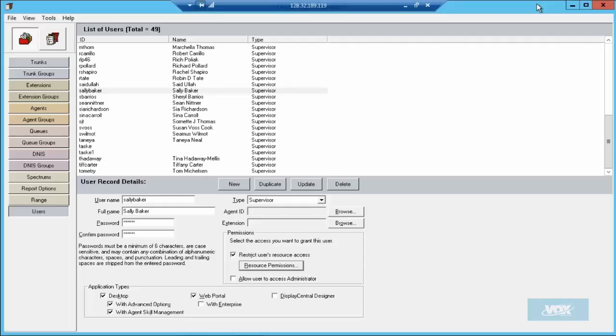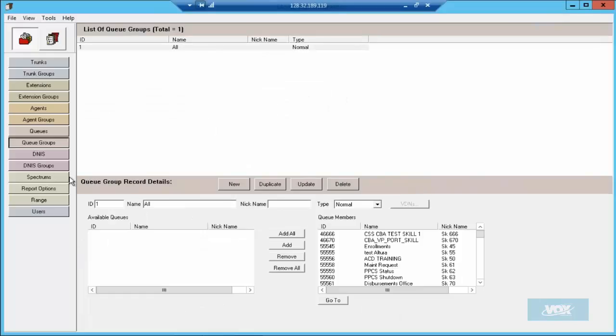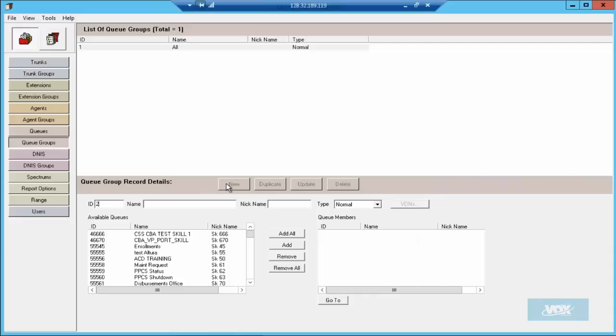Oh, here it is. Where's the guy now? Now, when you build a Q group, how do you restrict that? Yeah, so let's build a queue here. So if I go now, I call it 2, and I call it CSS. All right, so I'll go through this here, and I'll add all